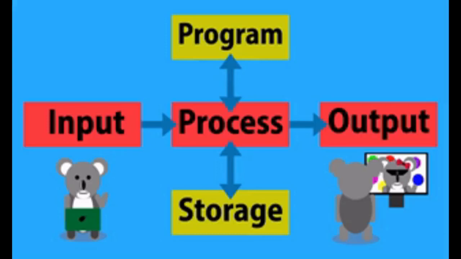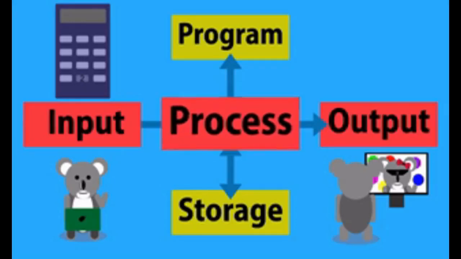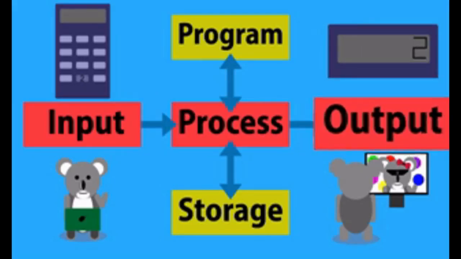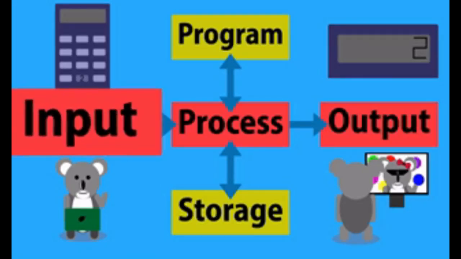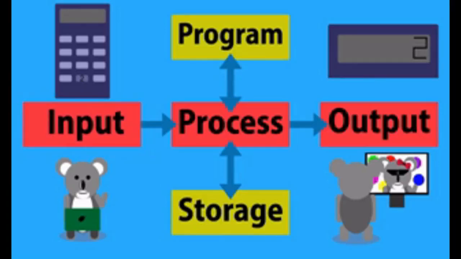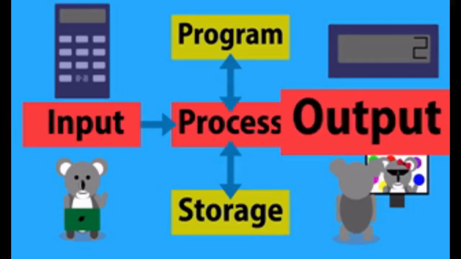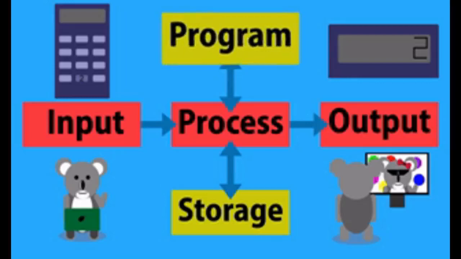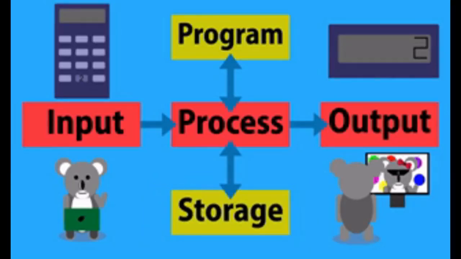So let us now understand this input, process and output by a simple example. Suppose you want to add two numbers, that is your 10 and 20. Okay, so the input is 10 and 20 with a plus sign. The plus signifies the addition of both numbers. Now the process is that we need to give the computer 10 plus and 20, and the CPU will add the numbers and it will store the numbers into the computer storage or computer memory. Now whenever the output is required by the user, it will be displayed either on the monitor or on the screen of the user.